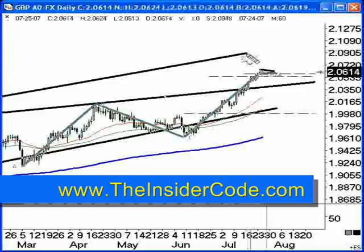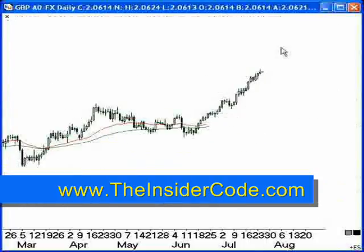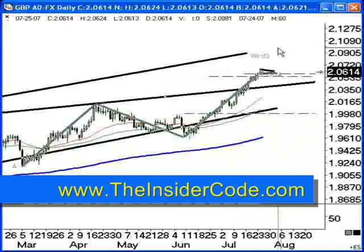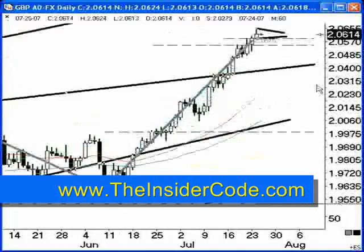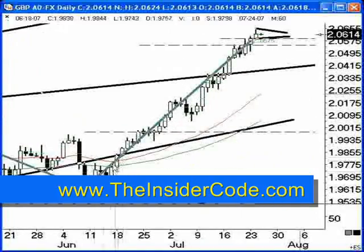If we can extend this thing out a little bit, we're looking at the pound trading possibly at 2.09. Okay, so another 300 points to the upside. We've got to be ready to take advantage of that as the market starts moving up. And if you go back over the videos, you'll see that on a risk basis, there were just some really beautiful trades over here. The trend continuation trading is ideal to capture a lot of this stuff without getting into a lot of the pitfalls of trend following, meaning what do you do when the market is doing this